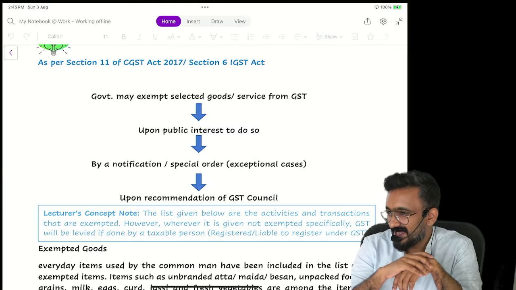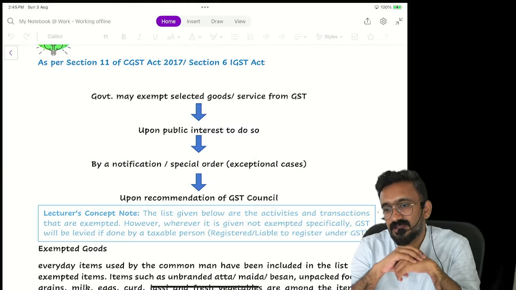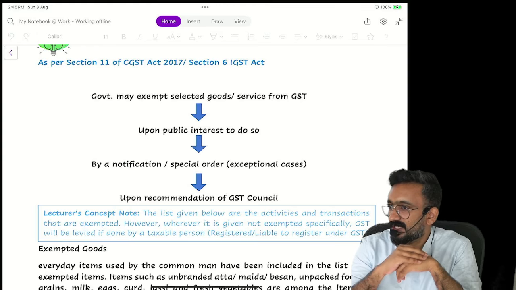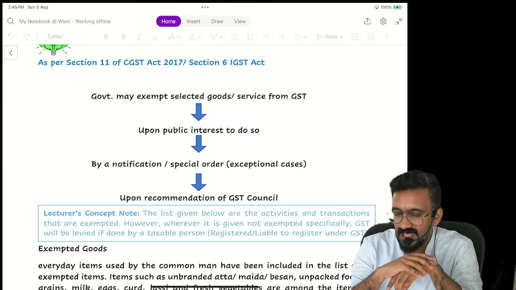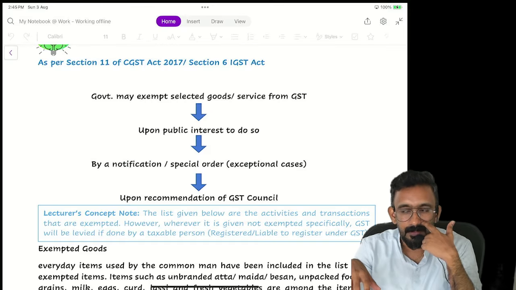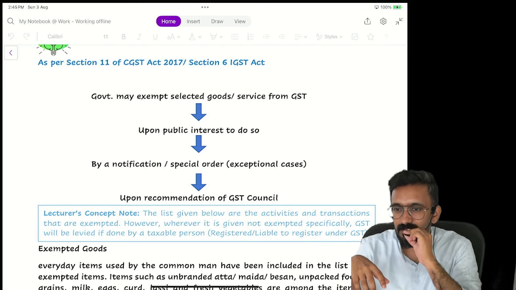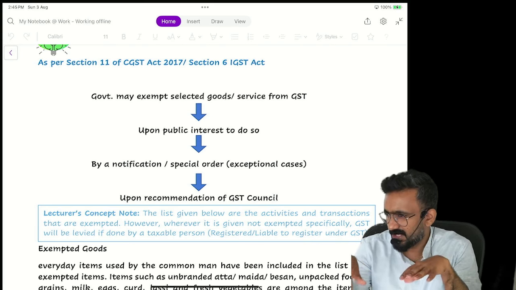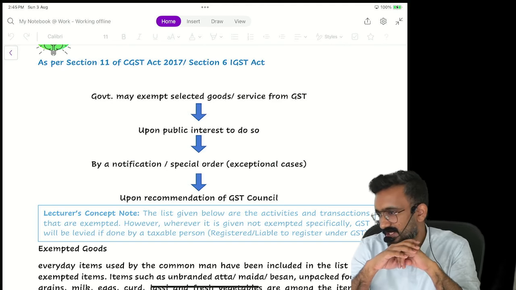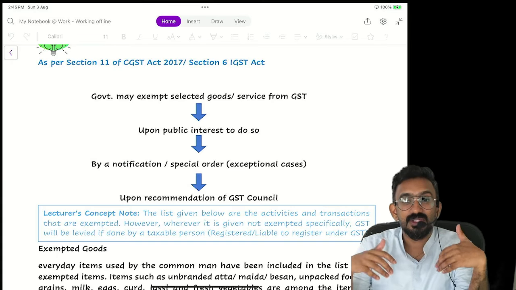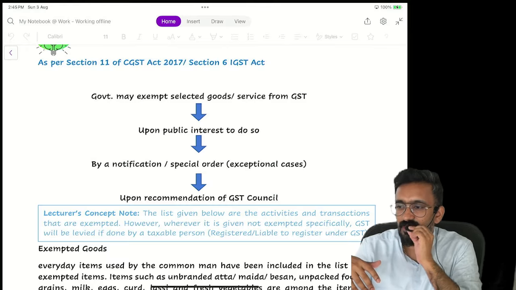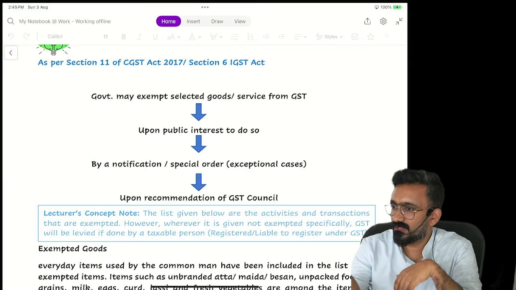Tough process. If I have no long-term plan to bring GST on an item, which list would I prefer, negative list or exemption list? Negative list. If I want to give exemption for an item for the time being, and in the future I want to bring back GST, which list would you prefer, exemption or negative list? Exemption would be a better list, because exemption is by notification. To bring GST back on an item under notification, what does the government have to do? Put out one more notification. Simple.